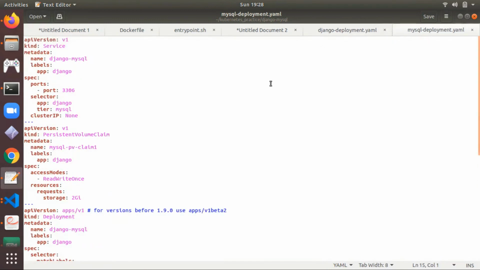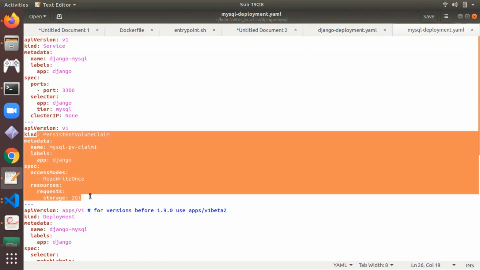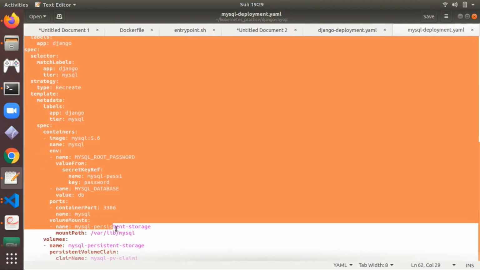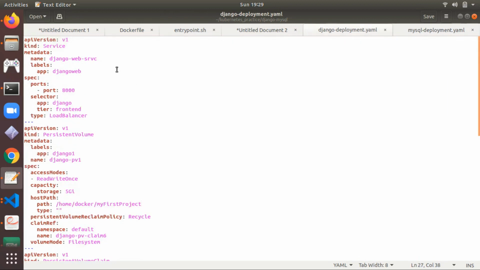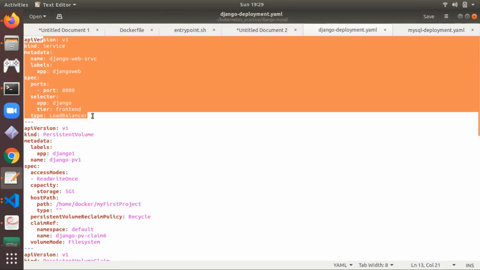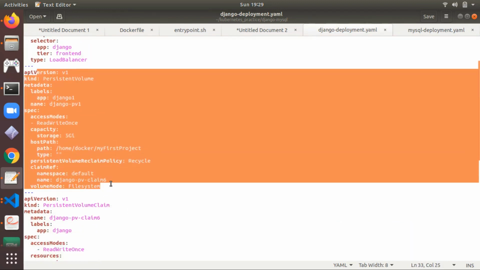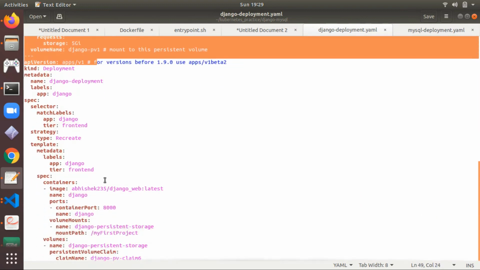Here we create a service, then a persistent volume, then a deployment for MySQL, and here we use the persistent volume also. In the Django deployment we create a service and a persistent volume, then we also created a persistent volume claim, and we use this persistent volume claim in the Django deployment.